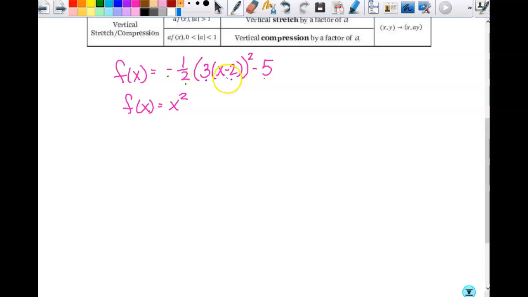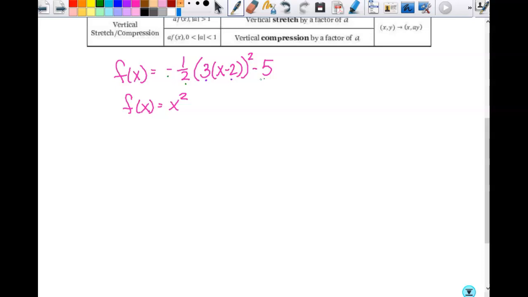This too affects X, and it's negative, which means I'm going which direction? Right 2, and then this affects Y, and I'm going down 5, okay? So do you understand the difference between affect? If you can wrap your mind around what it means to affect X or affect Y, you got this down,